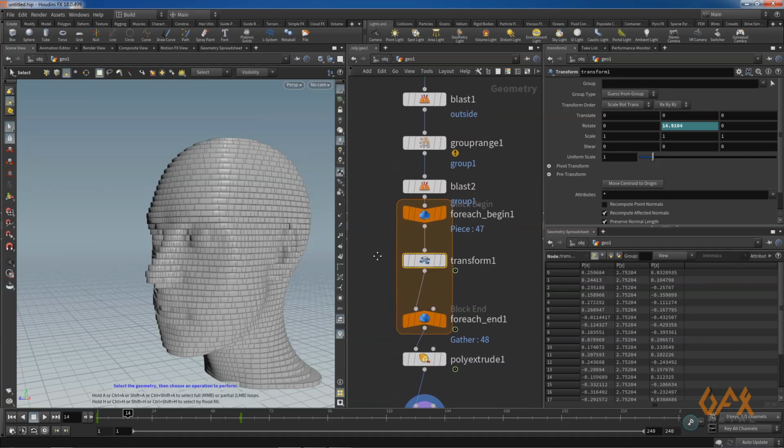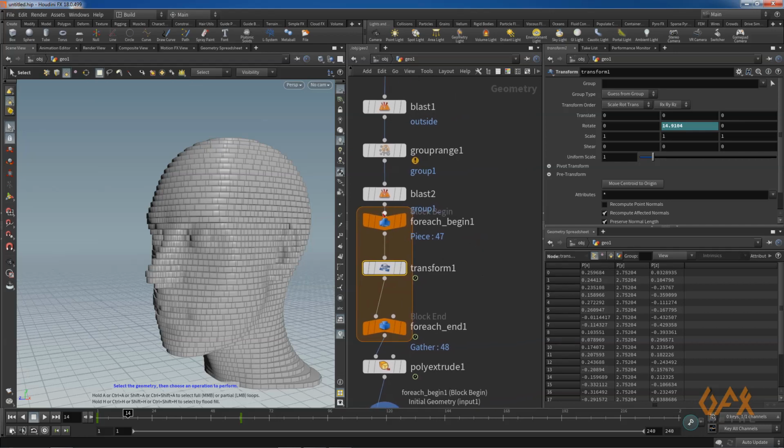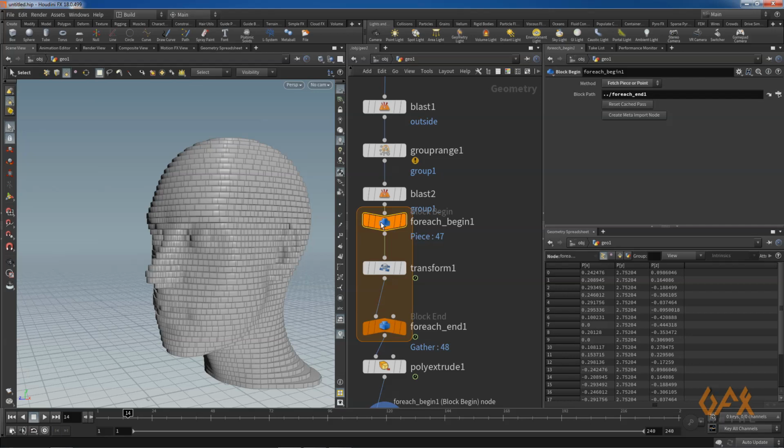But now I need that it gives some offset, time offset, in this particular animation. So for that what I need to do, I just select this for each begin. I press Alt to copy this thing, click over here, and it doesn't require this link.